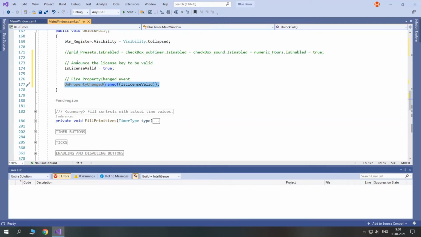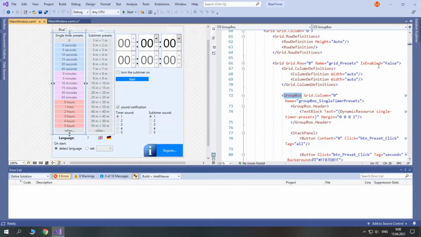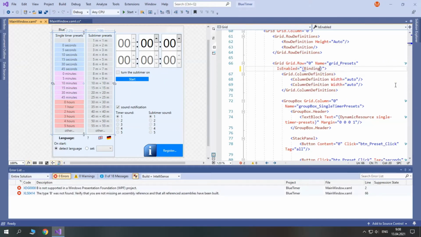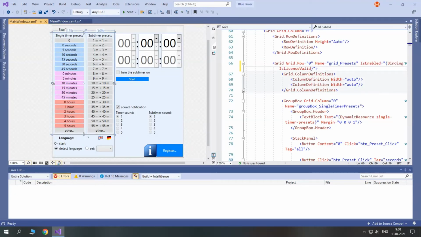So now we will change the IsEnabled property of these controls with our property. So the IsEnabled property of each of these controls will bind to this property. So first our grid presets here, IsEnabled. Instead we use binding and we specify the name of our property here. So this one, IsLicenseValid.